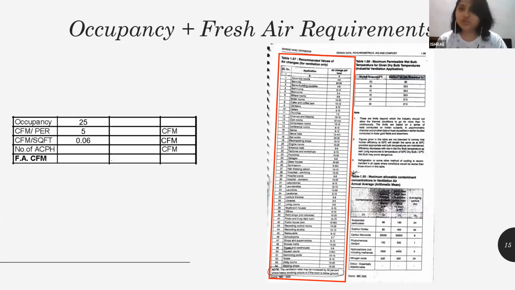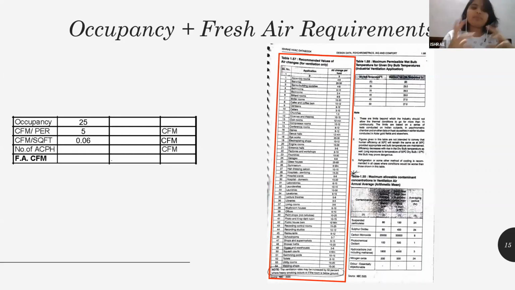So by this number of ACPH, we actually use the volume for the calculation. So even if the number of people are less and the area is more, they will not feel suffocated because less fresh air is being dumped in. To maintain that fresh air at a good level so that people feel comfortable, in a double height or triple height area where the volume is too huge and the number of people or the square feet is much less, you can go ahead with number of ACPH.